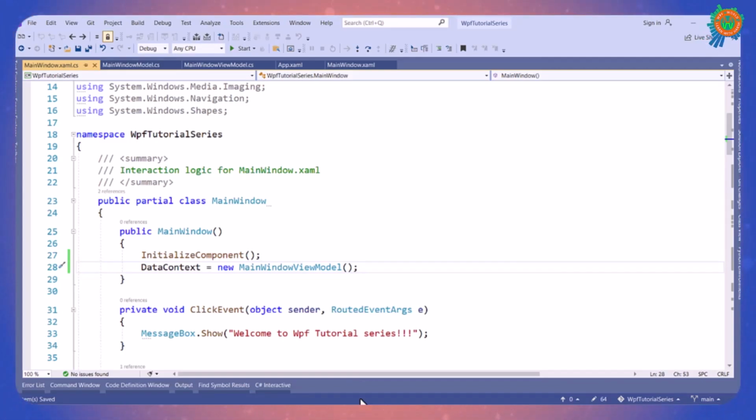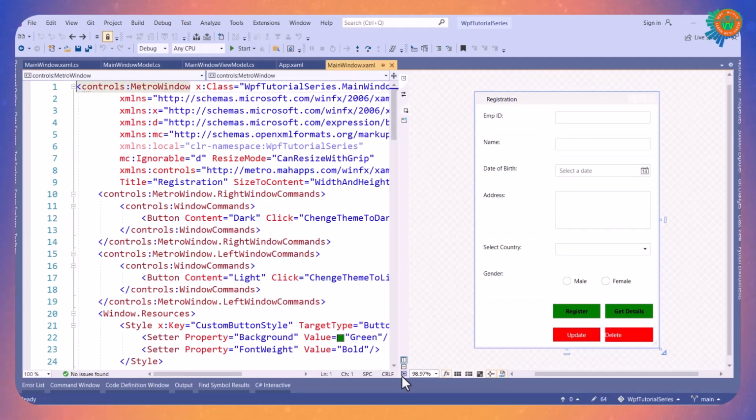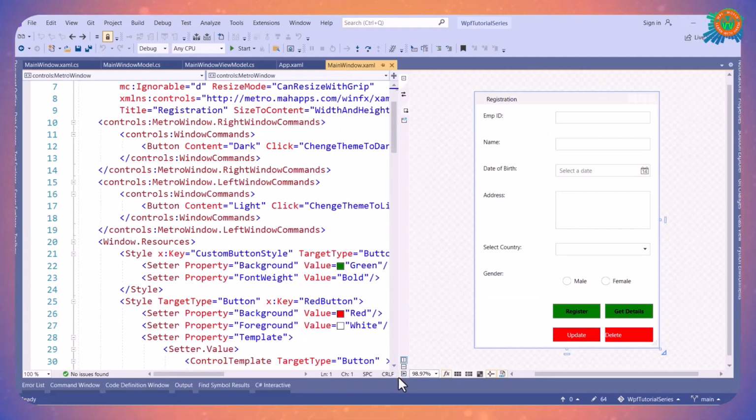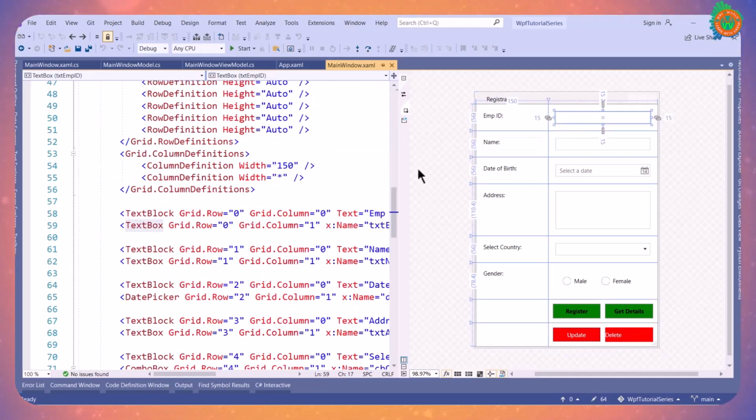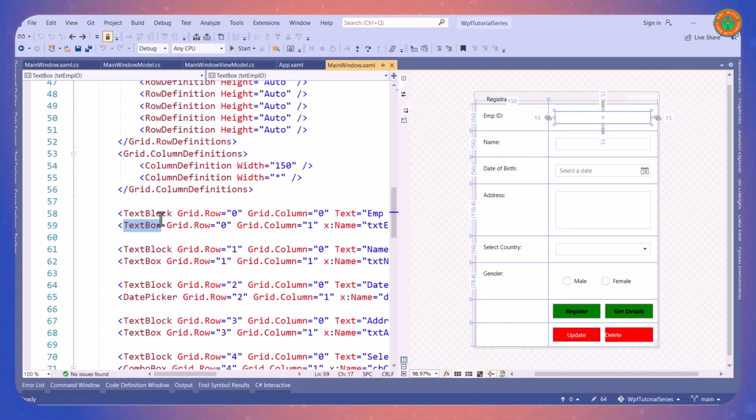So how to bind the data? Now let's go to the UI. To bind the data we have to use the binding property. How to bind it? Let's go to the text box. This is the text box for employee ID. So what are we going to bind here? We are going to bind the text of this text box. How to do that? We will say Text